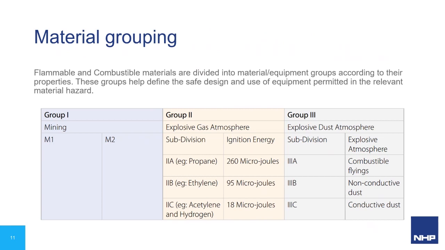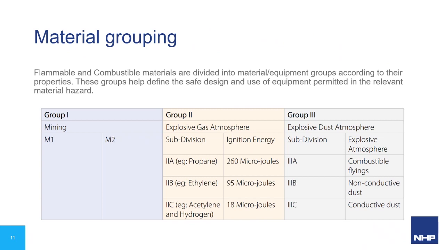Then when we move on to group 3 here, so this is for explosive dust atmospheres, and they also have 3 subdivisions. So 3A is for flyings and fibers. And so remember, these are usually long strands of material like shavings of cotton wool or wood chips. And then you have 3B, which is for non-conductive dusts like the plastics we were talking about, and 3C, which